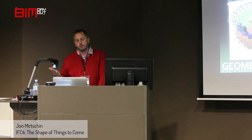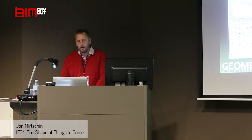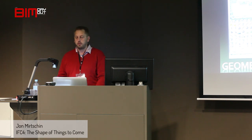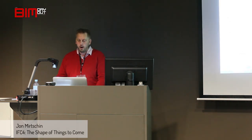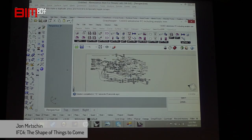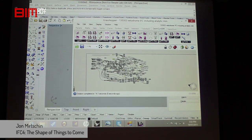So unfortunately, Grasshopper was a little bit immature to actually use for that particular project. We did similar routines and enhancements in Rhino, but I've post-applied the Velodrome to Grasshopper. So we can start to see, you'll see in a second, we went from a simple Grasshopper definition to something that becomes a bit of a bird's nest. Okay, and again, there are means of tidying this up. I'm not particularly the neatest Grasshopper